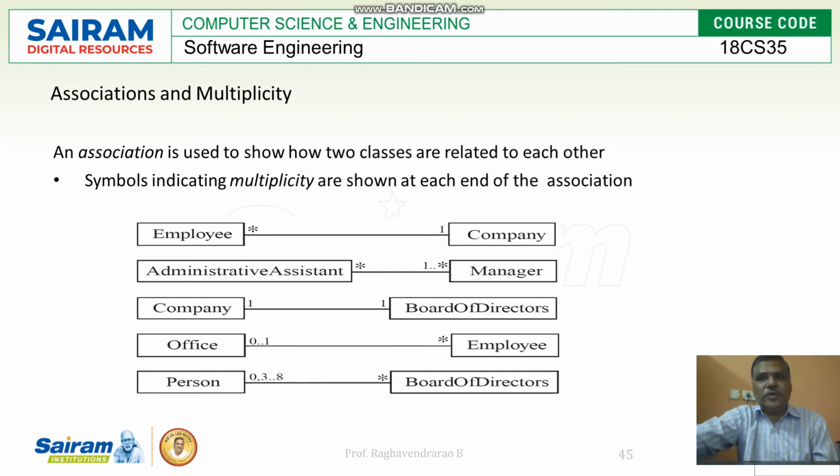He is the only one person, he is having his company. Then at that time you can say 0 or more employees. Then an administrative assistant can have more than one. 0 or more administrative assistants can be having the managers, 1 or more managers. Minimum 1 manager, he can have 0 or more administrative